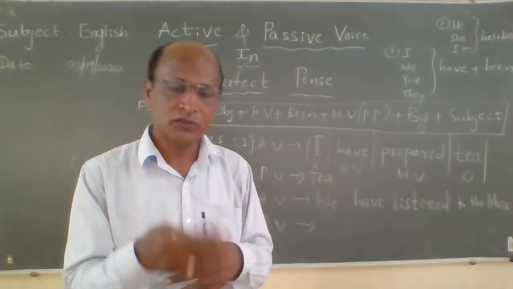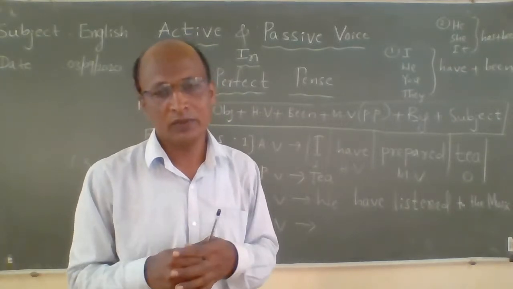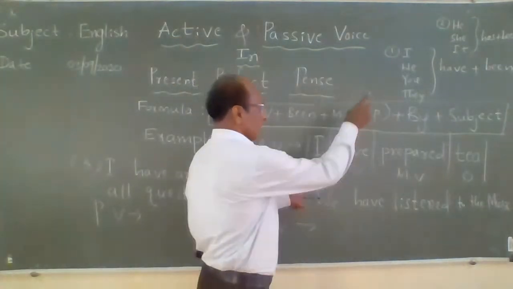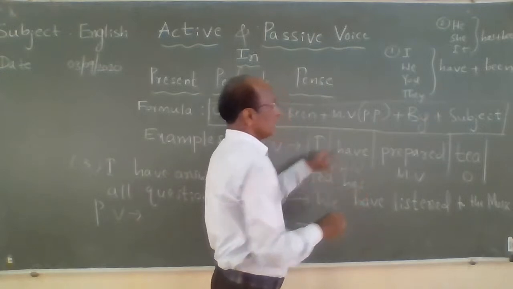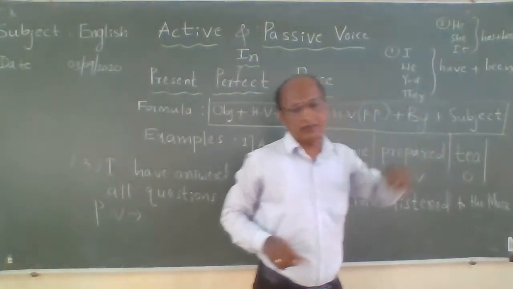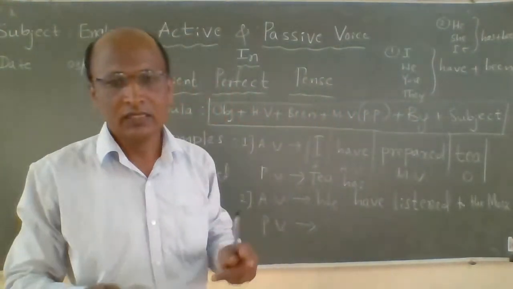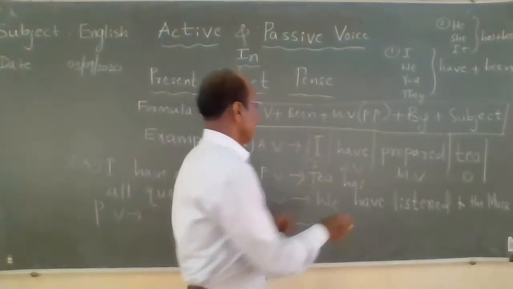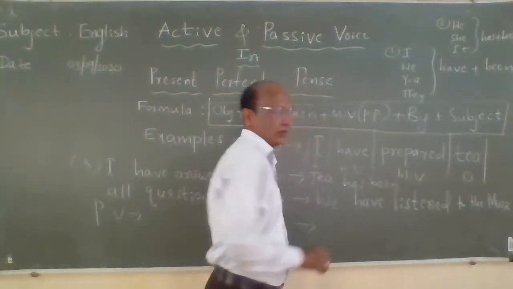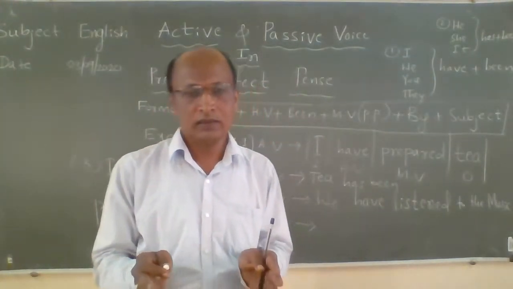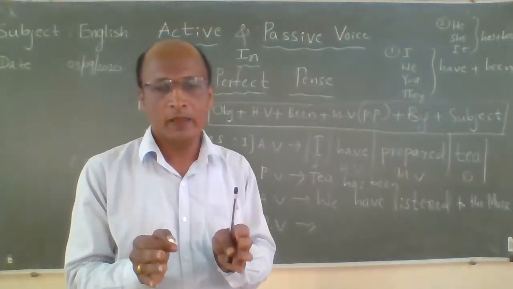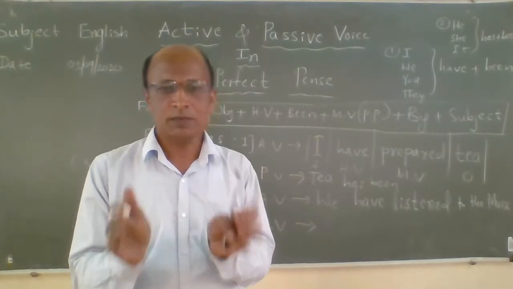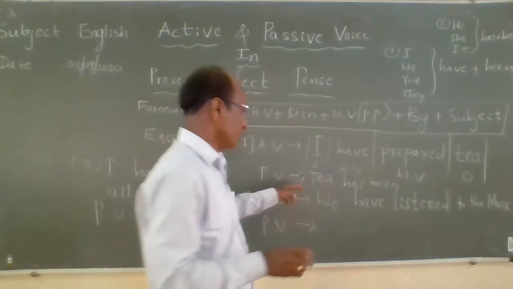Tea refers to the third person singular. Right. Tea has plus been. Now you need to understand: tea has been. And next we should use the past participle. Prepared is already the past participle. It is in the past participle form. Right. We should take the same